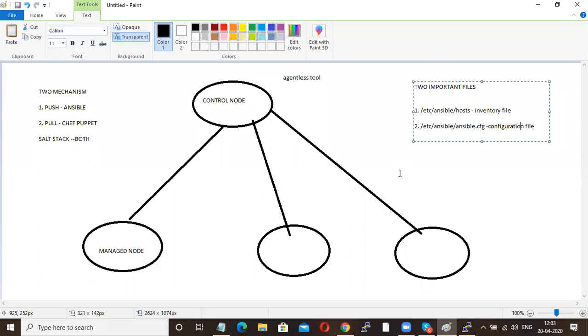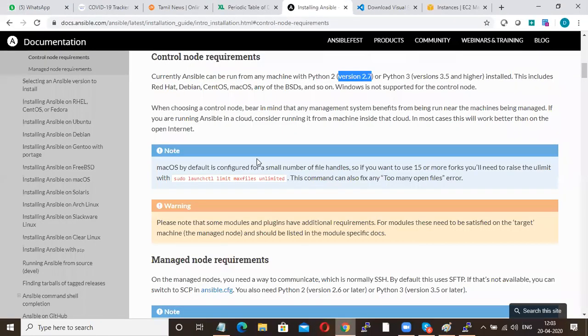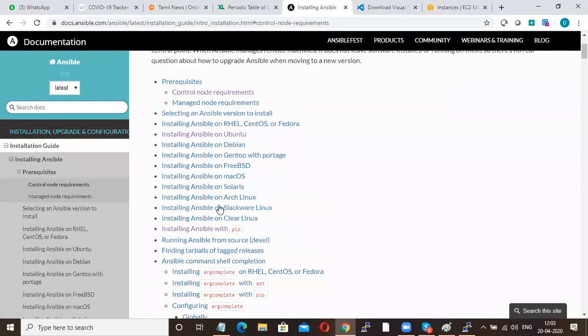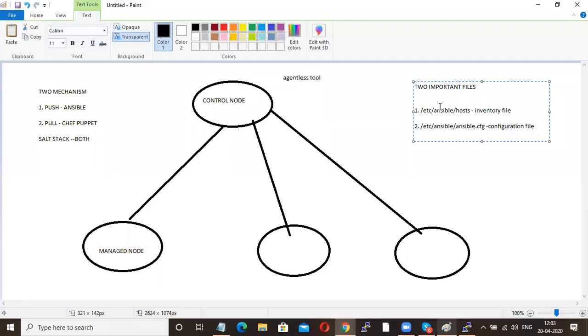So we have to configure the inventory file and our configuration file manually. But when you install Ansible in other ways, other than pip, you will get these default paths or default files. But when you install Ansible using pip, you have to configure it manually.